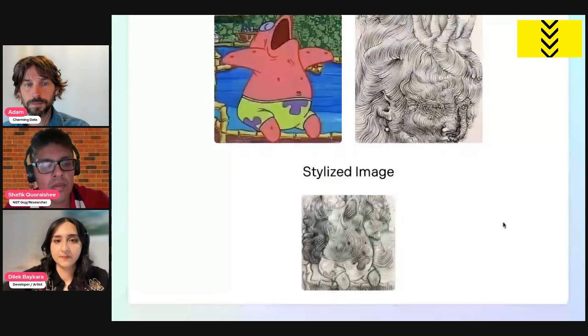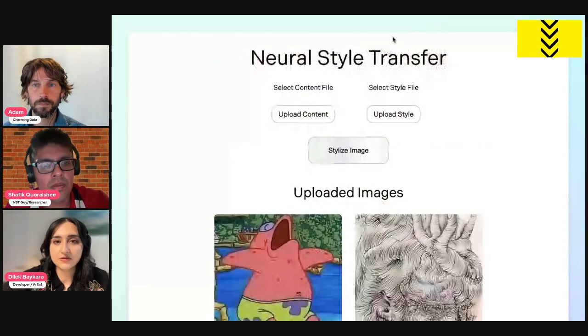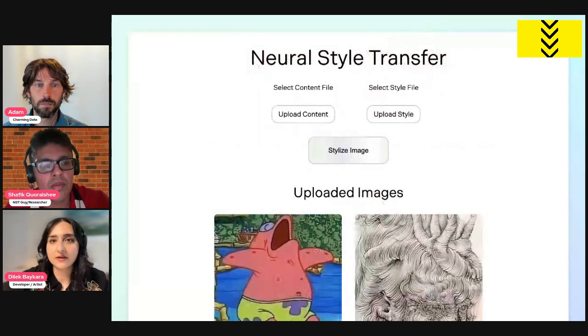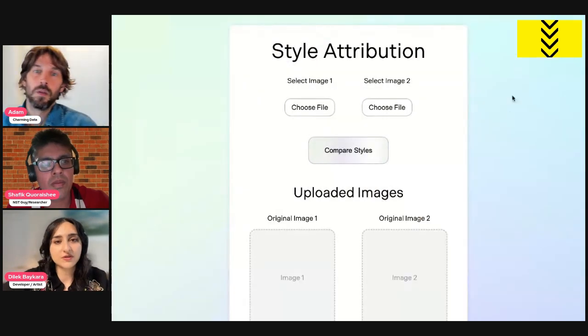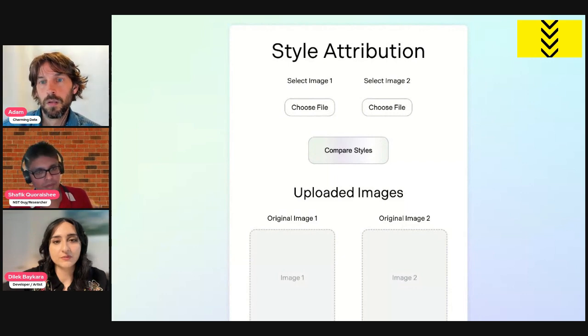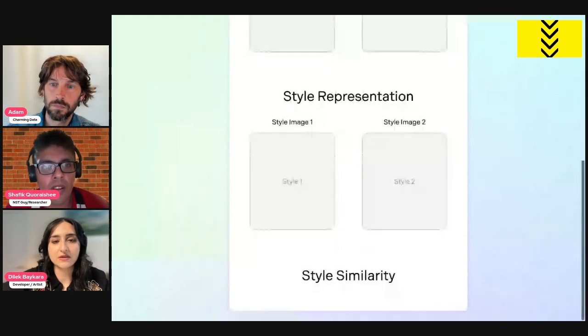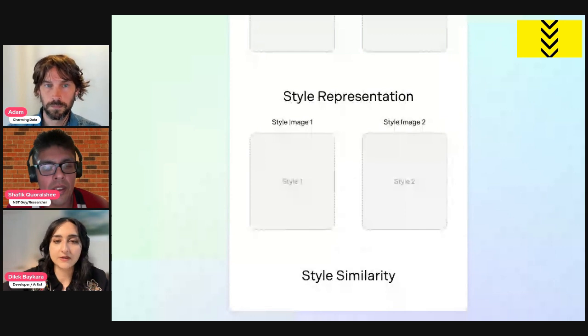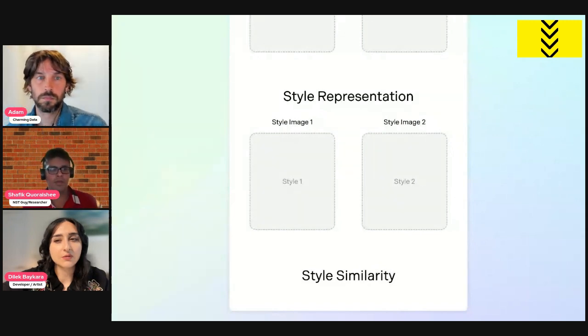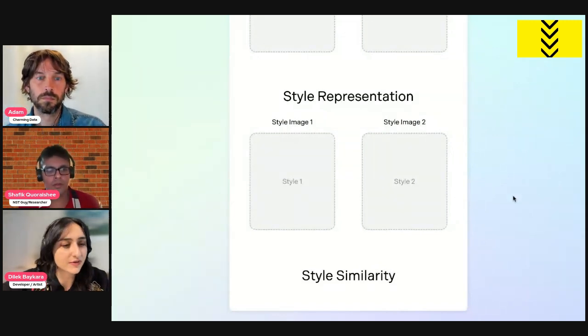Okay. And now we will move on to the style attribution. For style attribution, it is going to take two images and then display their style representation for each of the images that were uploaded. And that will display the gram matrix.